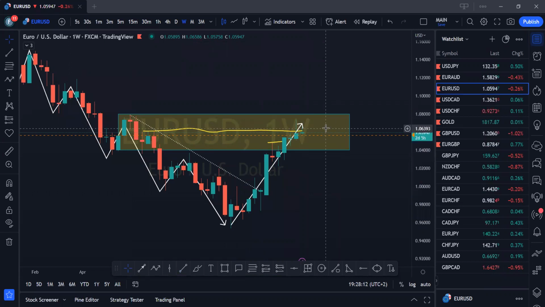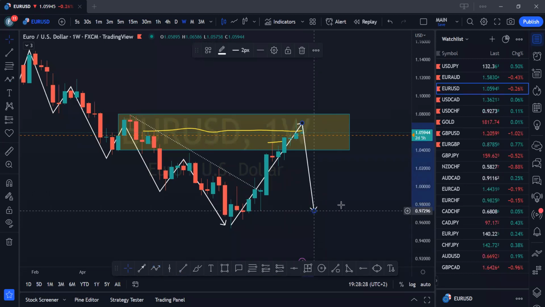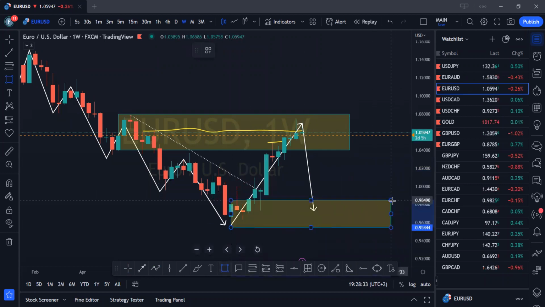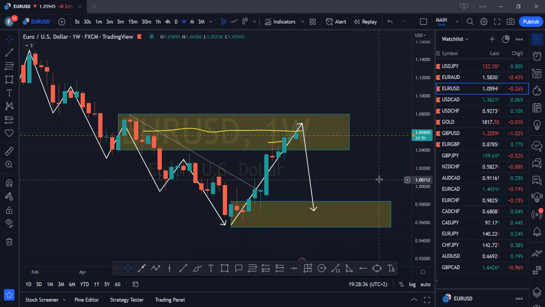And what is the work of supply? Okay, that means we have active sellers in that zone. So the future of Euro USD in the next few weeks is we should anticipate a serious drop to this extreme. Okay, this is what I see happening in the next couple of weeks. So possibly in the next 2 to 3, 4, 5 months, right, we should see a huge drop on Euro USD, which means that the dollar will gain strength eventually.